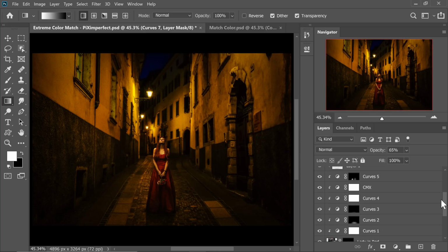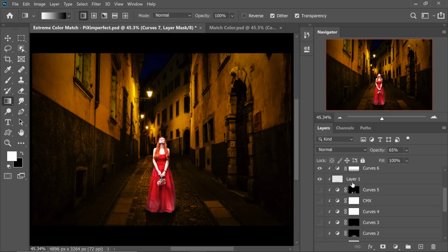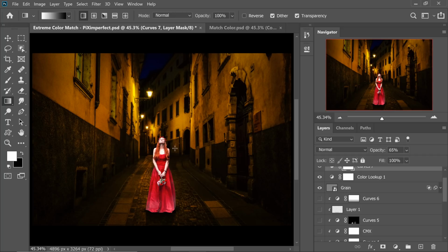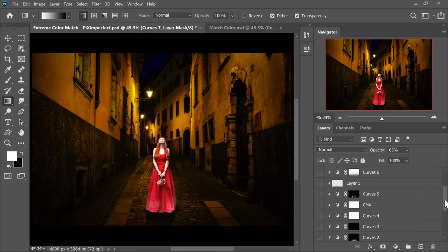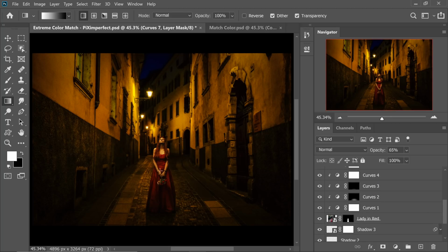So if I turn off all the adjustments, look at it. Just look at it. Turning off all the adjustments. Look how badly it's matching. When you turn them back on, look how much better they look. Now take a look. Now you might want to go back and change a few things here and there, because